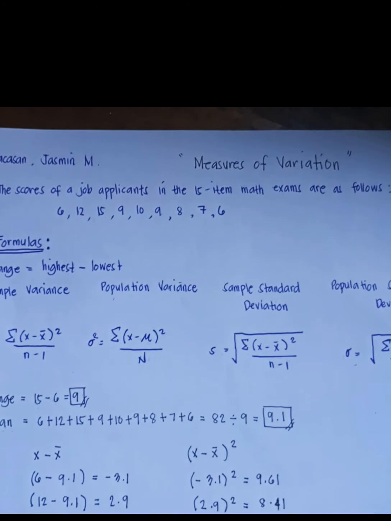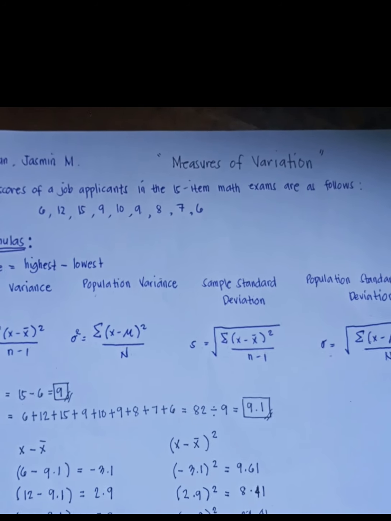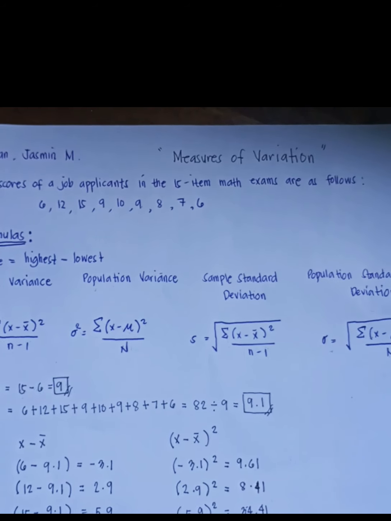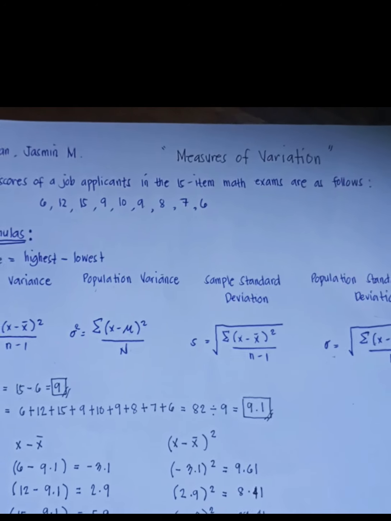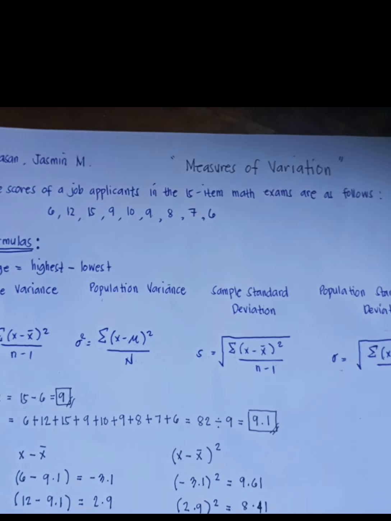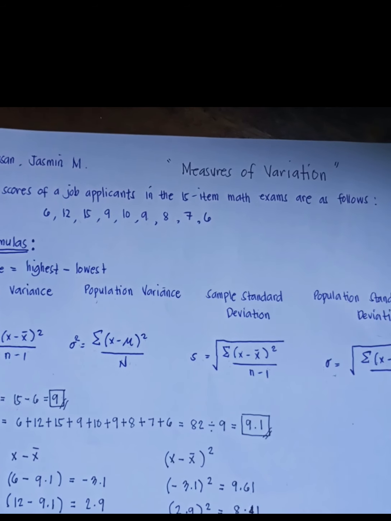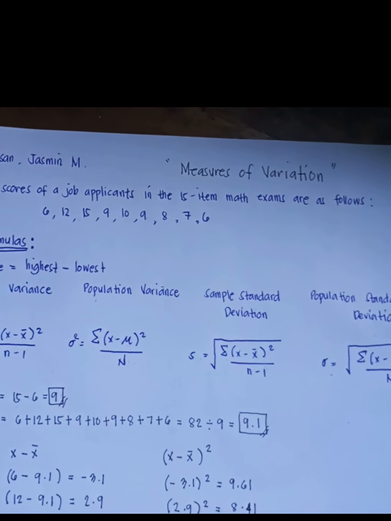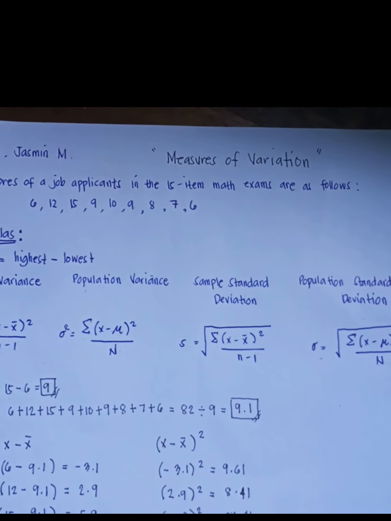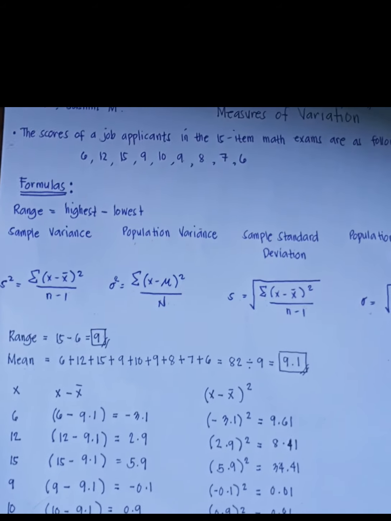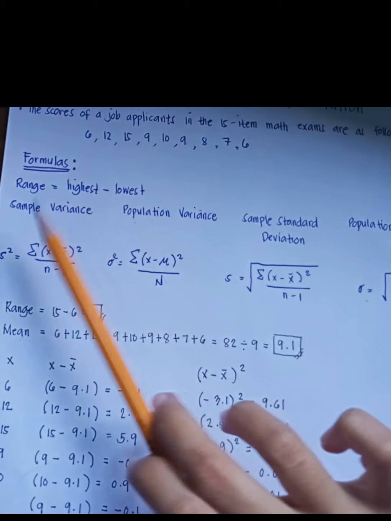Good day. Today I will find the range, sample variance, population variance, sample standard deviation, and population standard deviation. So first I will read the given problem. The scores of the job applicants in the 15-item math exam are as follows: 6, 12, 15, 9, 10, 9, 8, 7, and 6. So the formulas: the range is the highest minus the lowest,